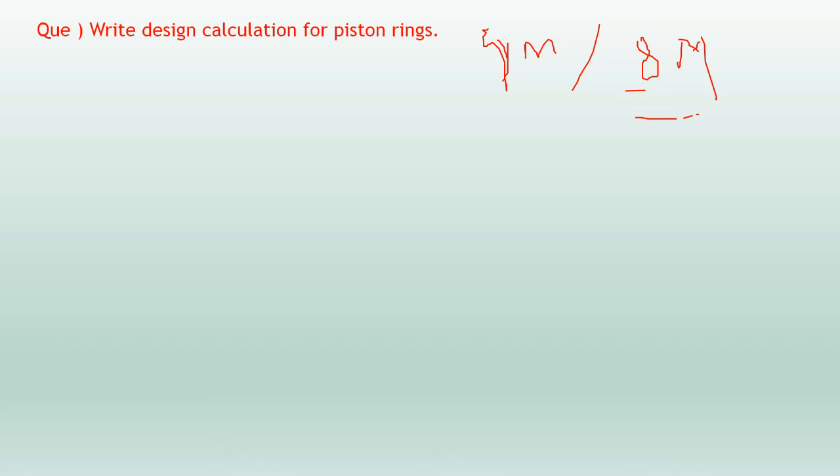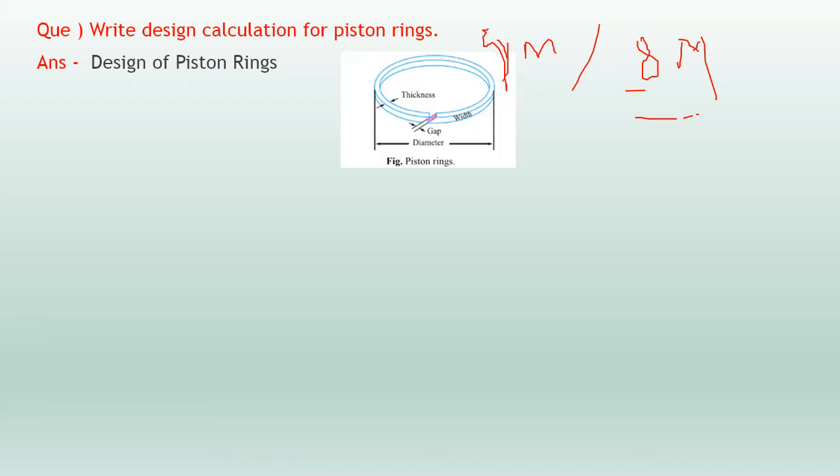So we have to draw the diagram as well as write the design calculation. Okay, so here is your answer. The answer is design of the piston rings. First of all, try to draw this diagram of piston ring. Here is your thickness and the width of this circular steel ring, which has a minor gap in it for the squeezing and the expansion or contraction of this piston ring. Okay,